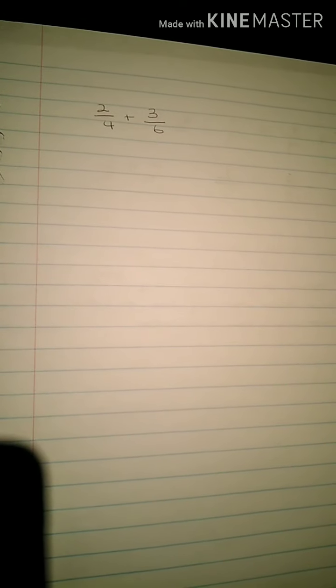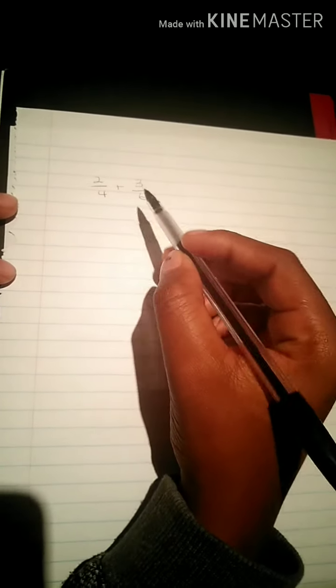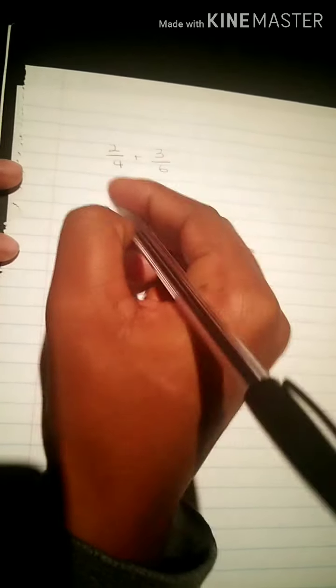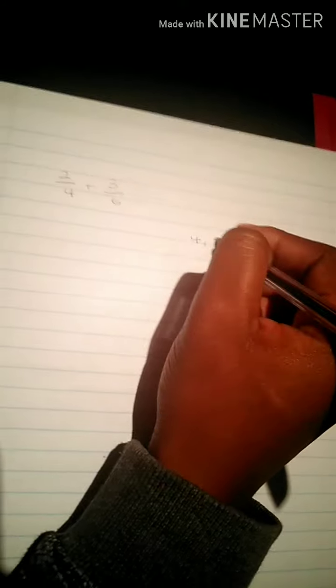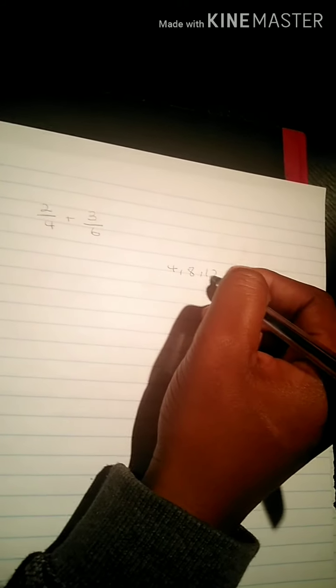So, in the steps that I gave you, the first step said we should find the least common denominator. Now, how do you find the least common denominator? Like, right now, from 2 over 4, the denominator 4, you write the multiples of 4. When you write the multiples of 4, you have 4, 8, 12,